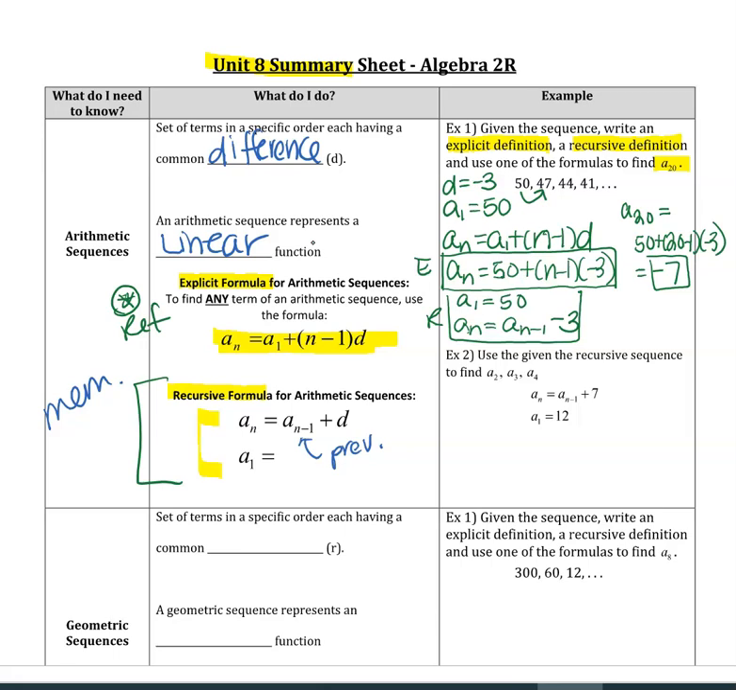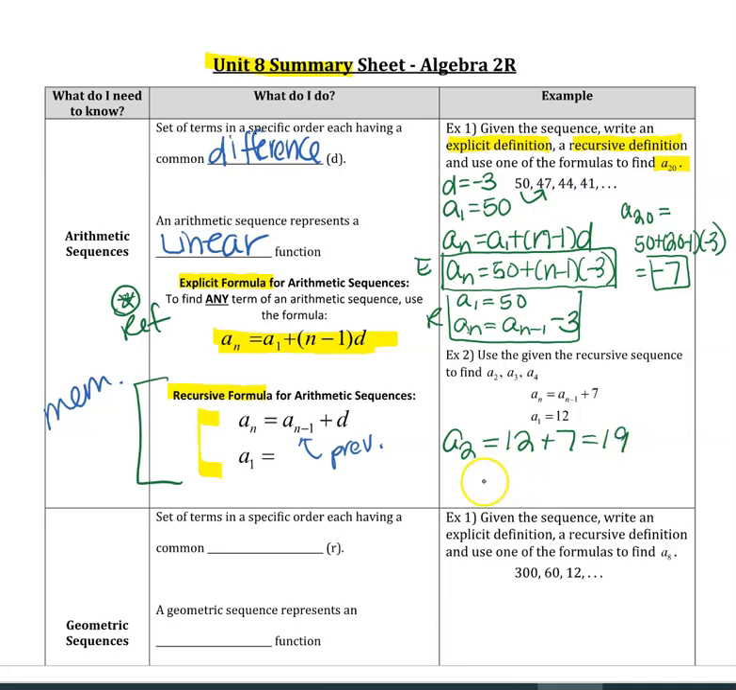All right, example 2, use the given recursive sequence to find the second term, third term, and fourth term. So I know the first term is 12, and this says if you want the next term of the sequence, take the previous term and add 7 to it. So that means a sub 2 is equal to a sub 1 plus 7, which is